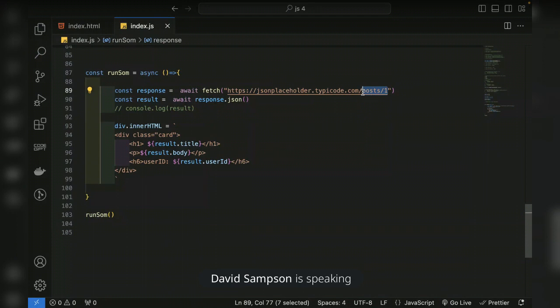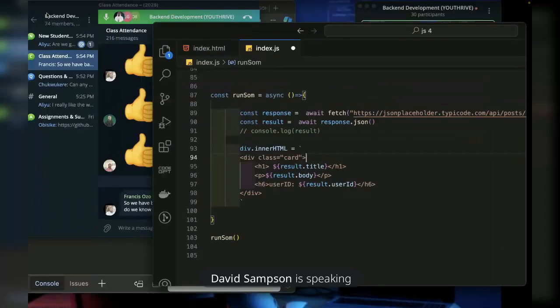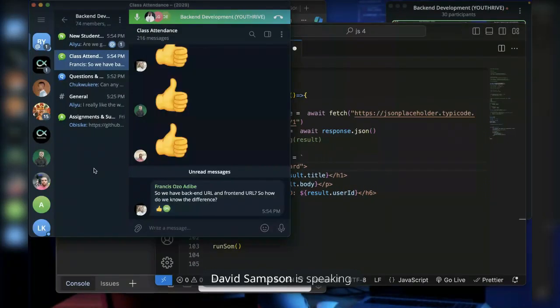So if you see anything that continues there, sometimes it's a backend, but majority of the times, how you know a backend URL is somewhere here, they will put /API/. So once you see this /API here, automatically it's a backend URL.